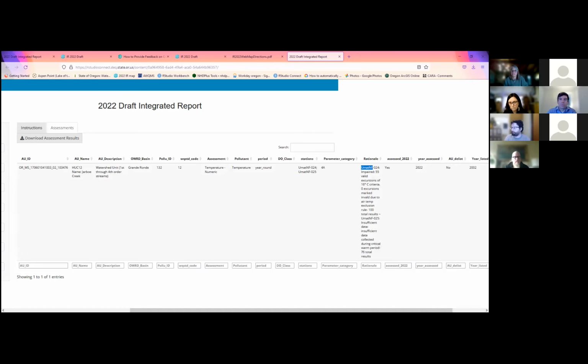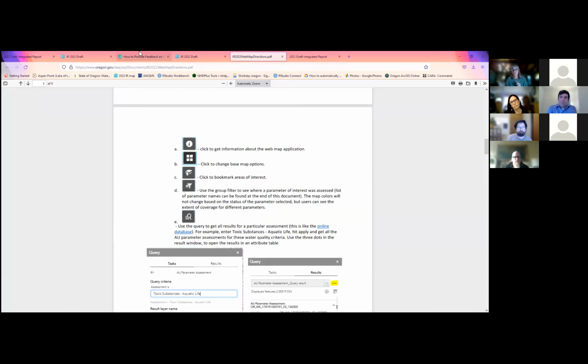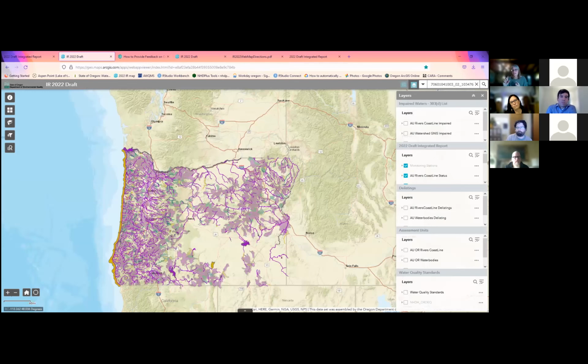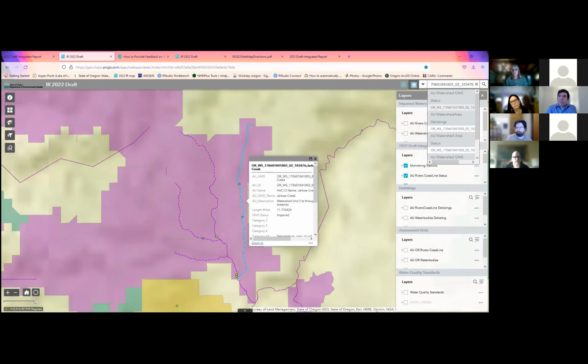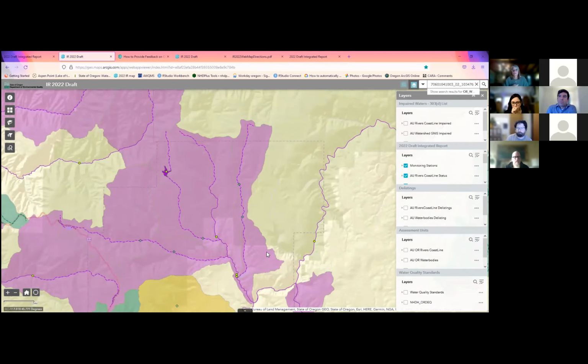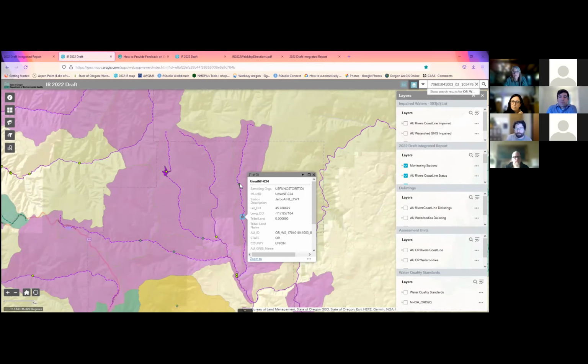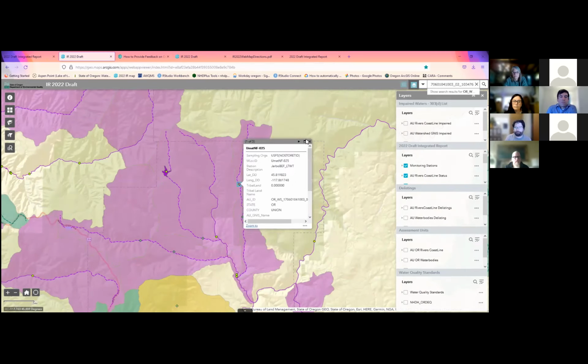Yeah, I was just going to say, Travis, that on the map, they'd be able to look at that individual watershed unit, but then see what those monitoring stations, what streams they are actually on, to see which ones are considered to be impaired. In this thin watershed unit right here, this is the line that's considered impaired, and it is 024. This is where that impairment was, and this one had insufficient data.